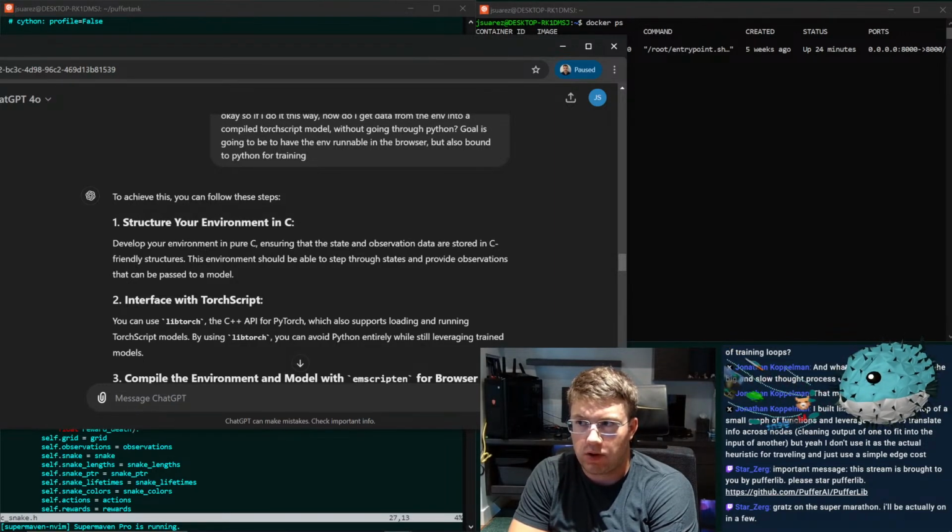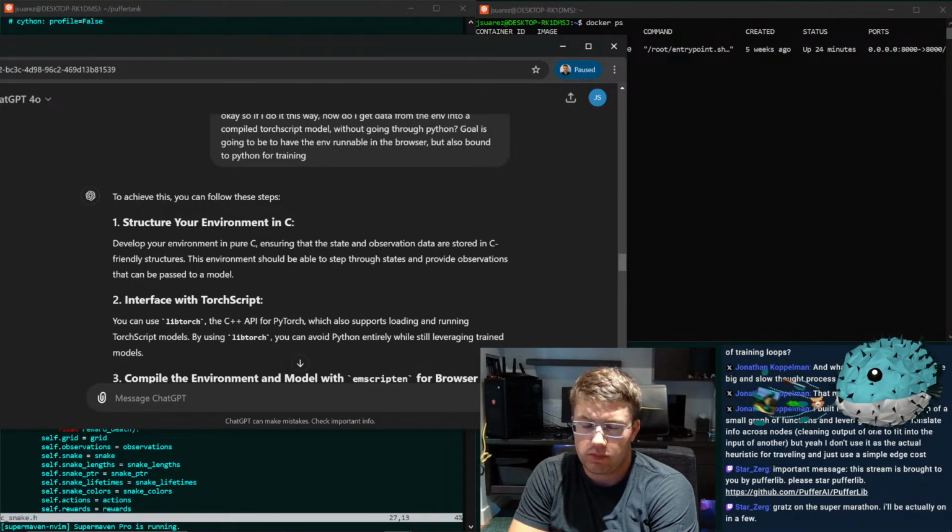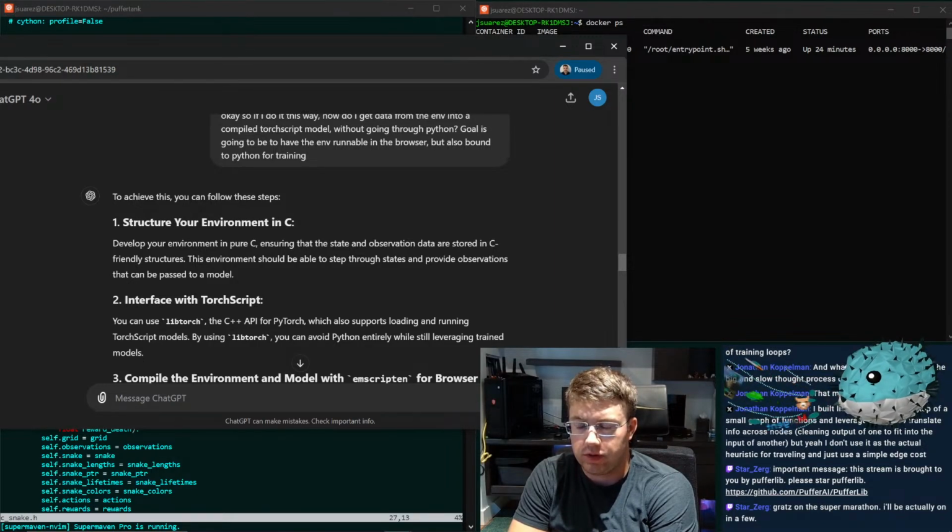I'm sort of torn in two directions here, right? If I could put some of these environments online, it would be really, really good for showing off PufferLib stuff. But at the same time, it's the exact opposite for getting people to be able to use these environments for stuff, or to be able to make more environments.